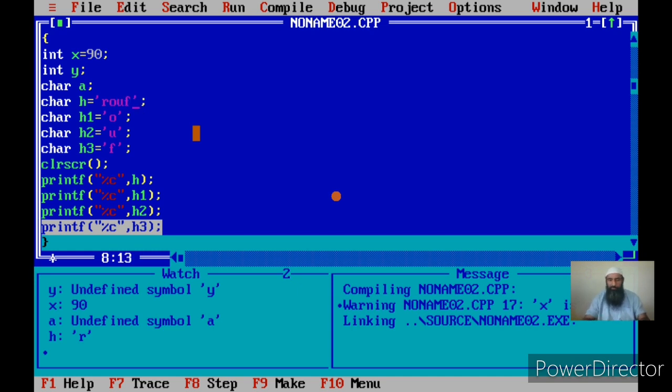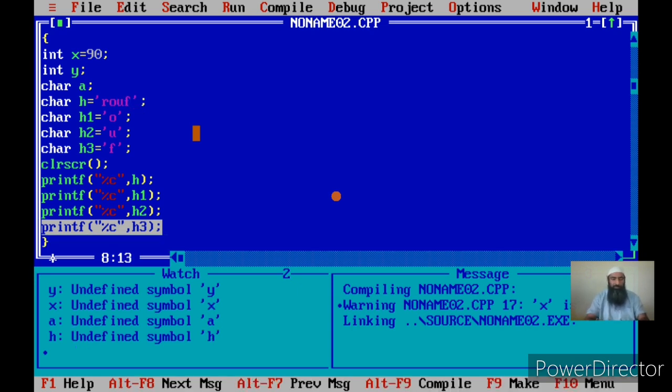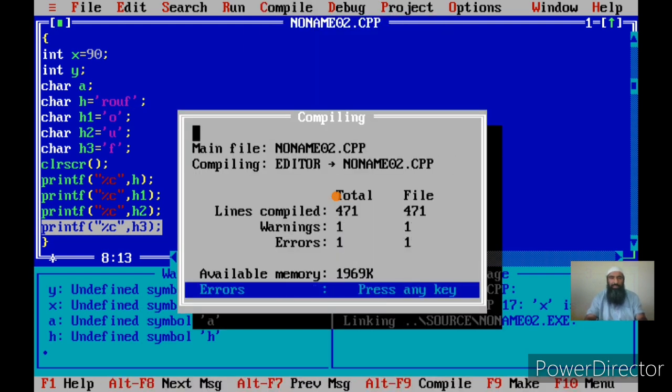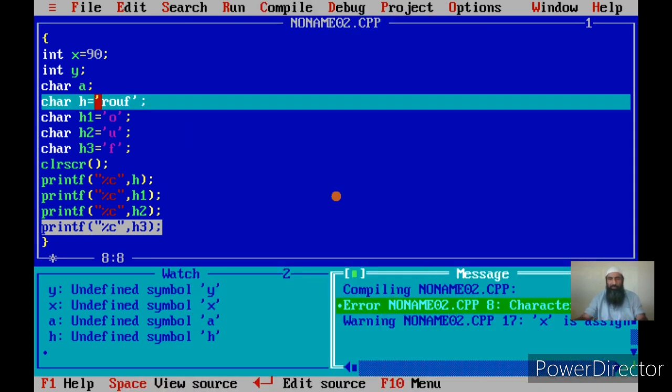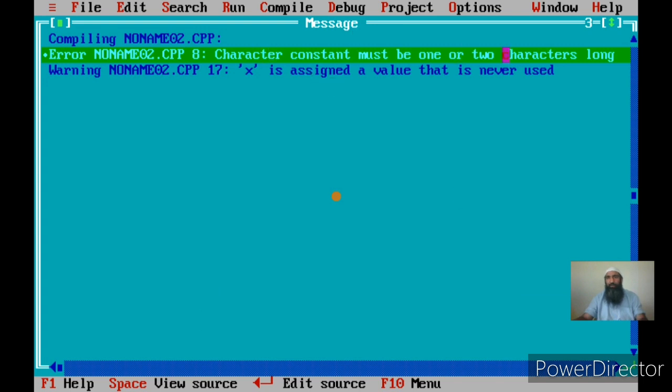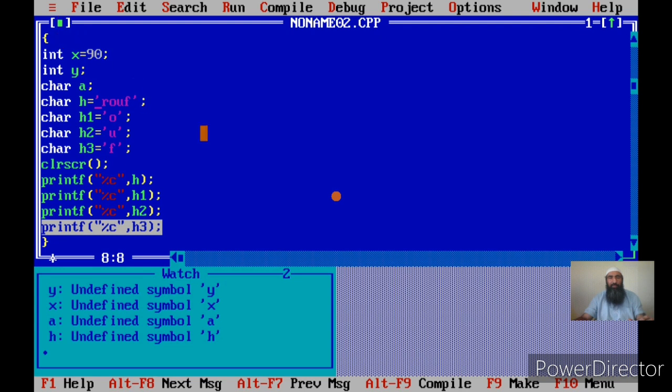As I showed you earlier, it gave errors because such examples are not tried. There's an error. What is the error? Character constant must be 1 or 2 characters long. So you cannot store more than one character in a character variable. So you cannot store Rauf. So how do you store Rauf? You use 4 character variables, and this becomes a tedious task. Now for inputting also, you have to input each character variable individually, but it will give correct outputs as well as correct inputs will be taken.